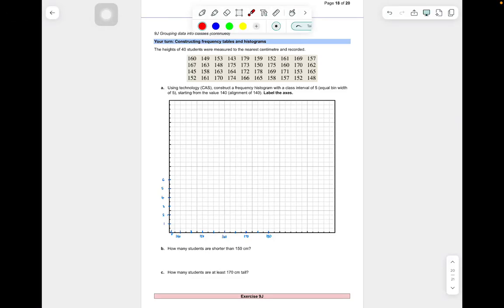In this example, we're going to look at constructing frequency tables and histograms. In this case, we're just going to go directly to a histogram using the CAS calculator. So what we need to do first is enter in all this data. Then we're going to go to the CAS to construct a frequency histogram using the class interval of 5, and